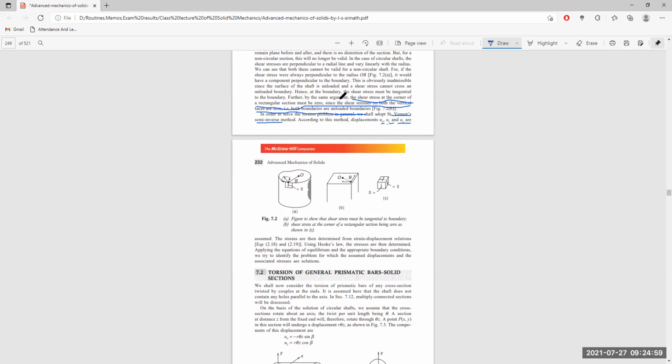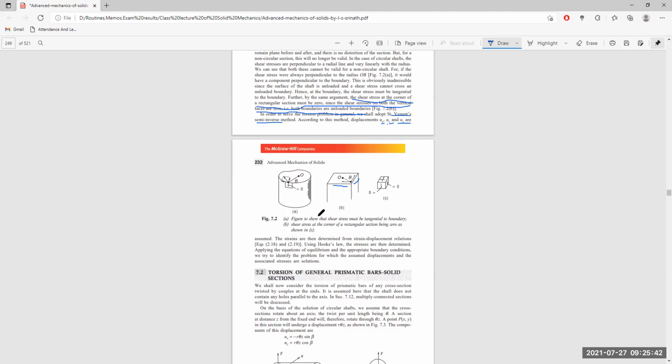The shear stress at the corner of a rectangular section, this corner, this is the constant B, is supposed to be zero because both these vertical faces are unloaded. Shear stress in this space as well as in this space are both zero, so their resultant should be zero here. There is no shear stress because on the boundary there are no other extra shear forces, and over this we can apply Saint-Venant's theory.